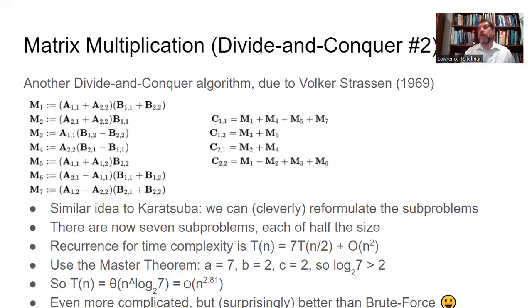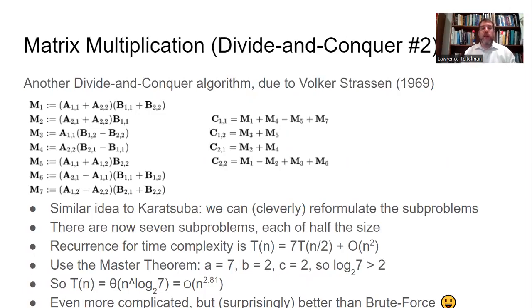And he said, same kind of idea as what we saw before. He said, take those 8 subproblems, and instead of 8, we're going to get 7 subproblems. We're going to call them M1, M2, up to M7. And then he shows you how to take those 4 quadrants of the product and compute them based on these subproblems. This is not something I would expect you to come up with on your own. It's not even something I need you to remember. What I do want you to remember is that what Strassen did is he came up with 7 subproblems